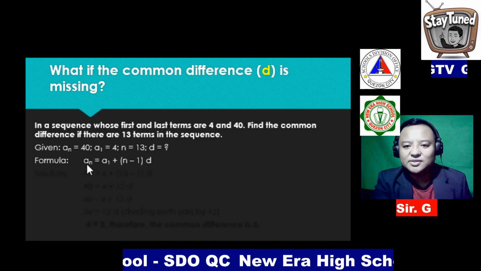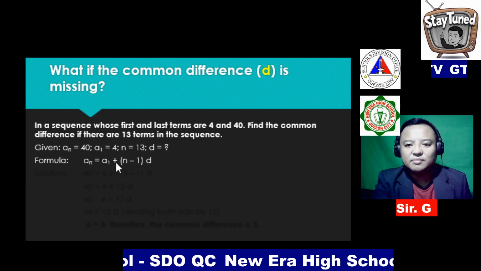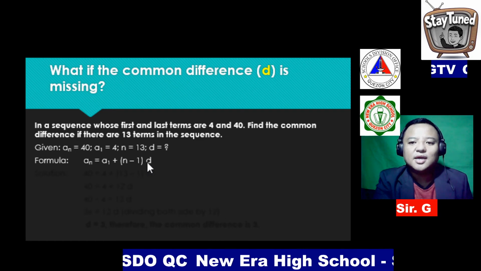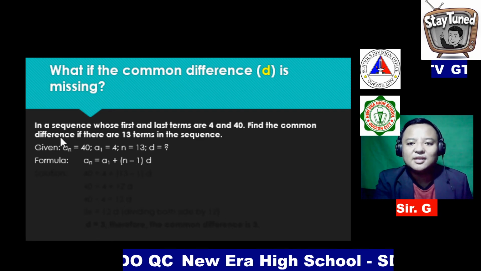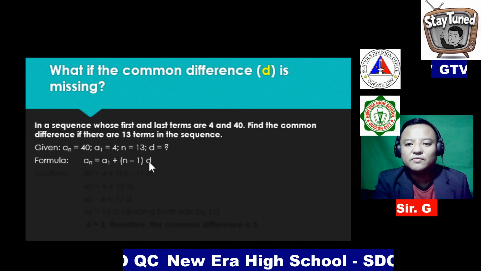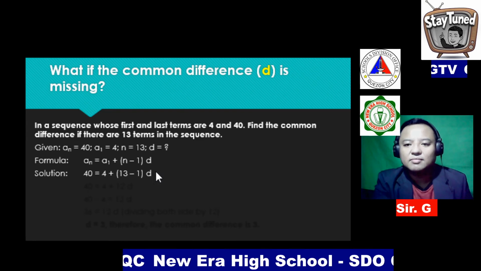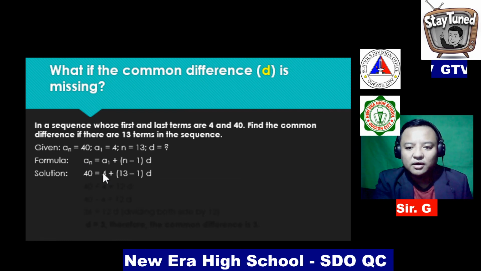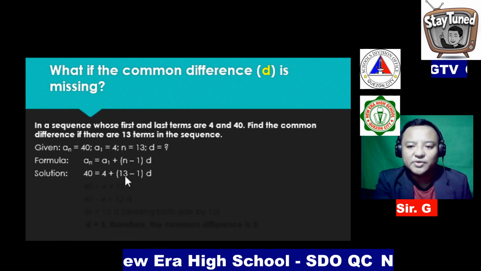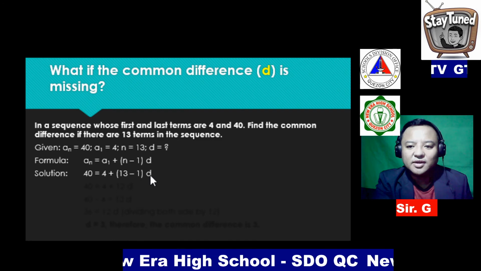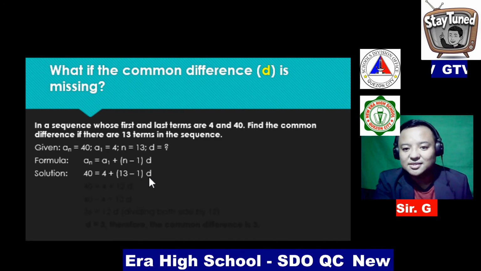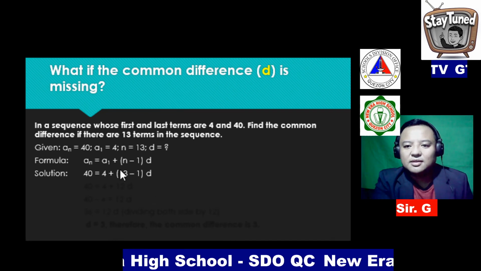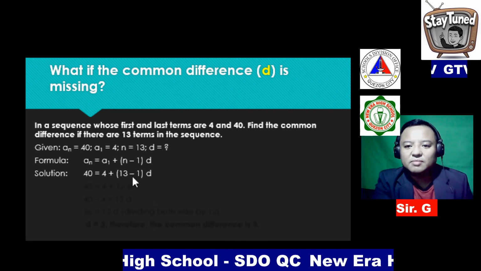We have the last term equals the first term plus a quantity of the number of terms minus 1 times the common difference. Then let's plug in all the given to the formula. Then we will arrive on this. So we have 40 equals 4 plus n is 13 minus 1 times d, and the common difference d will remain d since it is missing for a while. Just for a while. Then let's simplify. 13 minus 1, that is